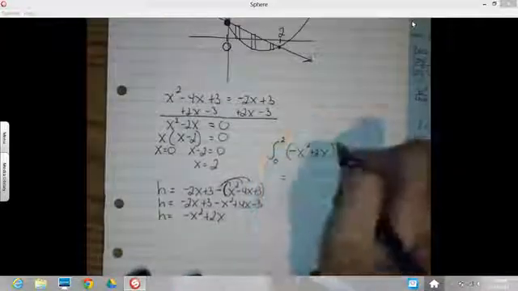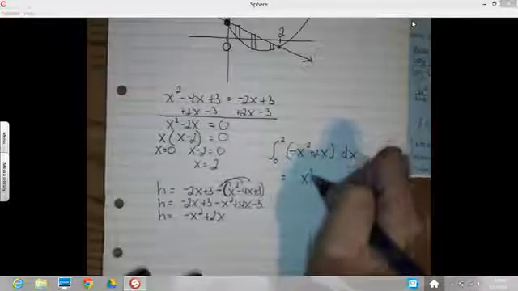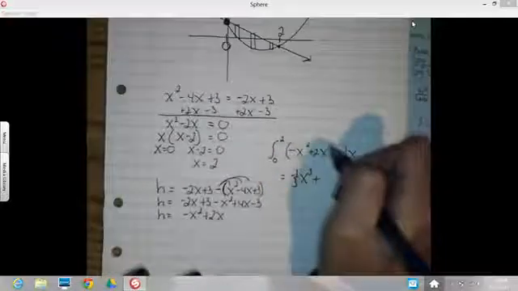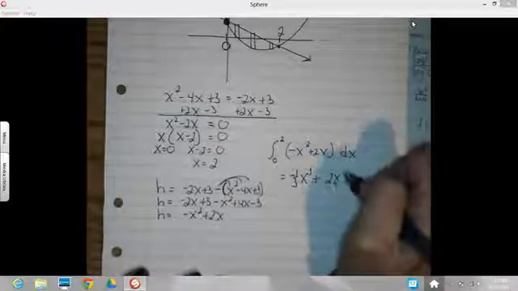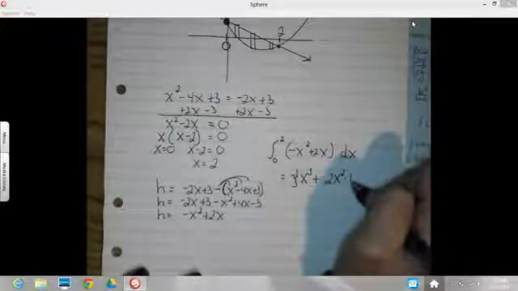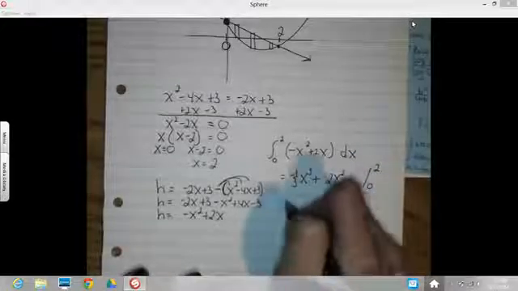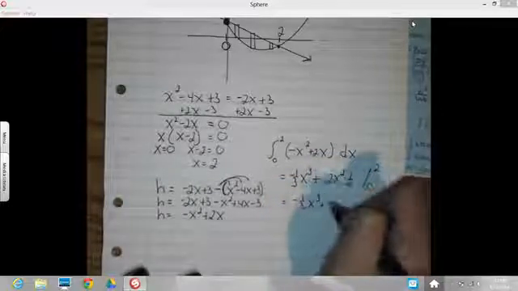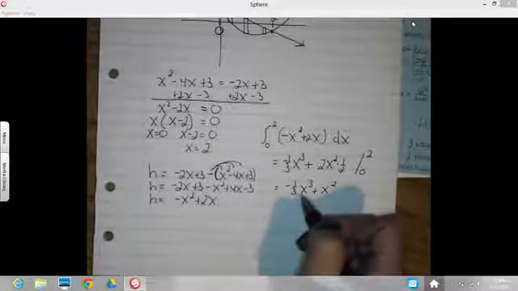Okay, so I do each term by itself, add 1 to the exponent, multiply by the reciprocal. Moving on here, add 1 to the exponent, carry along the 2, so it's 2 times x squared, times the reciprocal of that, which is a half. And I'll evaluate from 0 to 2. I think I'll simplify that first. The 2's will cancel, I'll have x squared. And now plugging in the 2, let's see, I will get